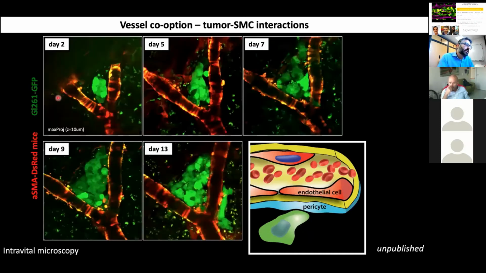To do that, we injected GL261, the mouse model that Franck introduced before, into these alpha SMA mice, and you can see, and we follow over time,